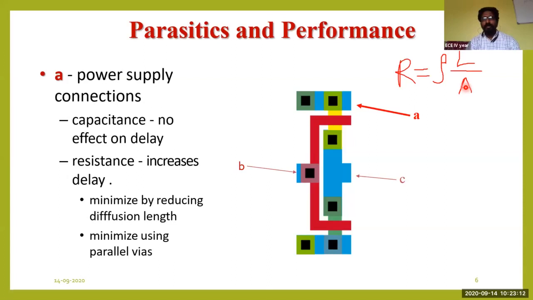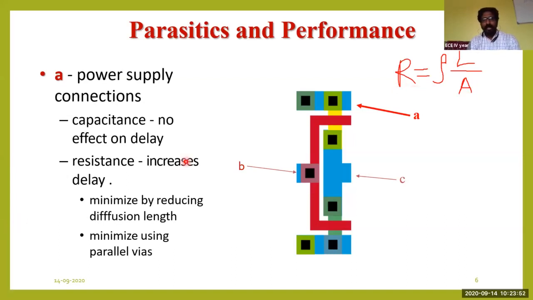Technology node means if you're trying to design any kind of transistor in a 90 nanometer technology, the length of that particular transistor has been fixed. It has to be that much. Below that default value, we cannot reduce the length of a transistor. Even if you try to give a smaller value in the software, it will not take it. It will set it to the default value as per the different technologies. So as per the technology node, the length will be fixed for a default value. Below the minimum value, we cannot reduce the length. Whereas the width can be increased in order to decrease this resistance.